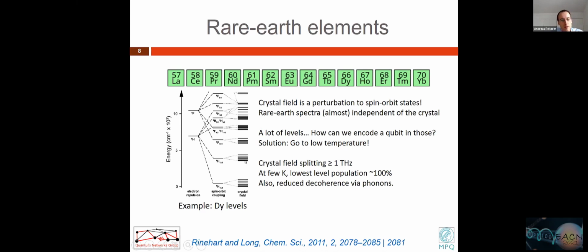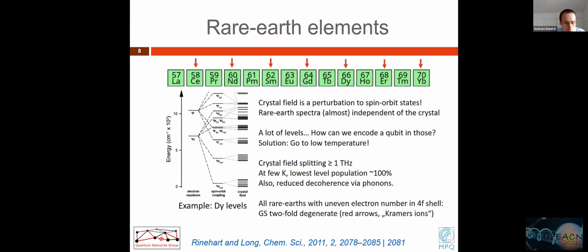Still, if, for example, by emission of an optical photon from a higher lying state, you decay to one of these crystal field levels, there's a large phonon density of states, which means that you're decaying very quickly down to the ground state. So there's a large density of states, but there's small population at cryogenic temperature. In other words, if you want to operate such rare earth crystals, you need to go to liquid helium temperatures. At room temperature, these systems cannot work, but at liquid helium, they work very well, as we'll see in a few minutes.